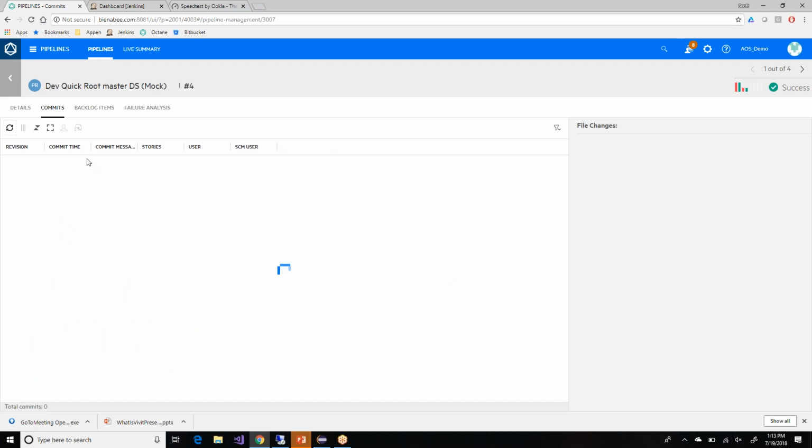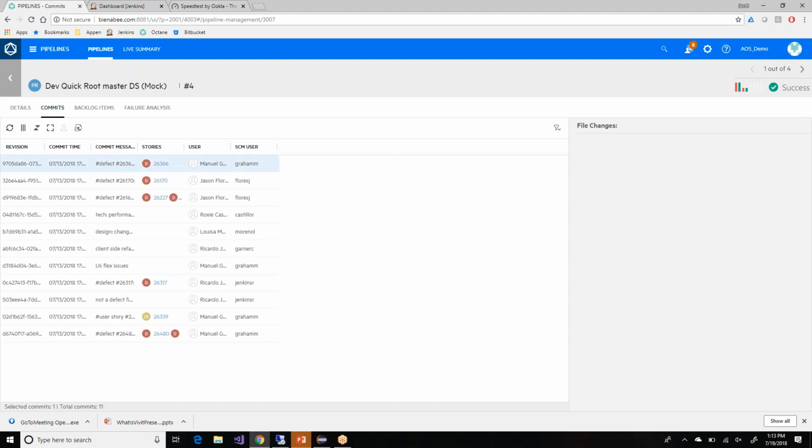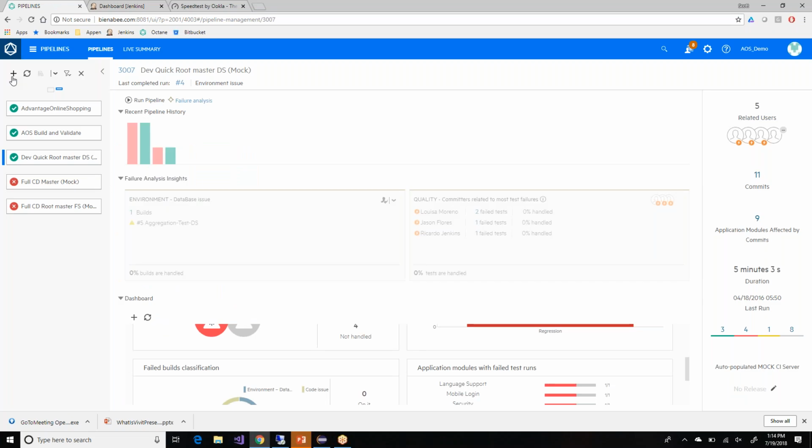I can see all the commits of the build here and see exactly which files in the source code repository were changed. So really great visibility to help you not only find what broke, but why something broke as well. And then hopefully we can start to become predictive with these. If we know what kind of issues we're facing, we're going to hopefully be able to start to prevent those in the future. It's really great that it's all in one spot too, right? So you don't have to go out to another place to find it and type in another password and all that. And if you just want like a quick summary, how